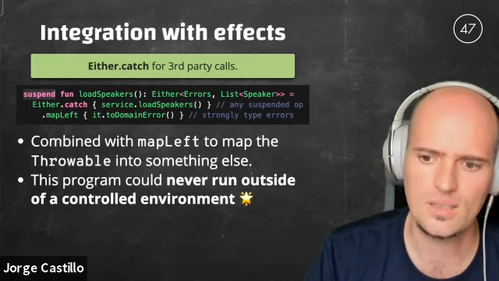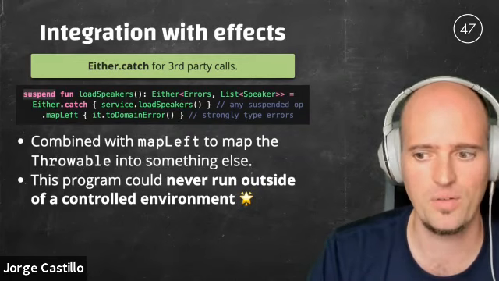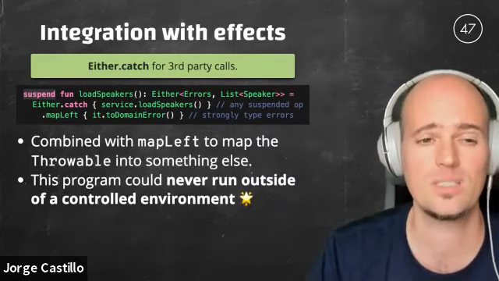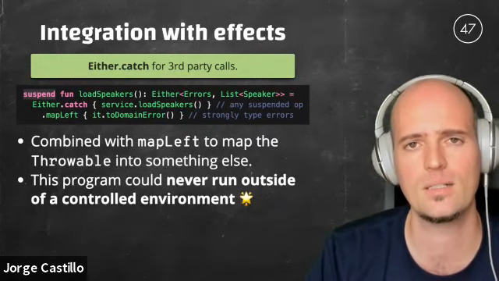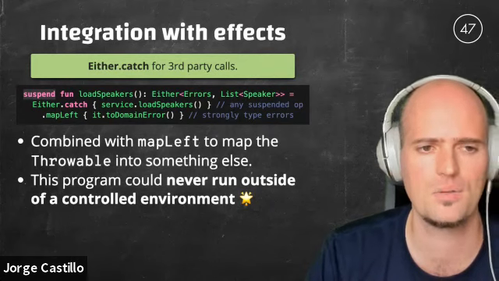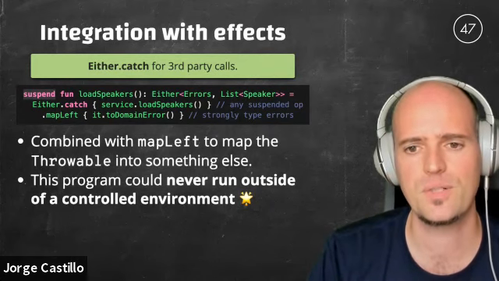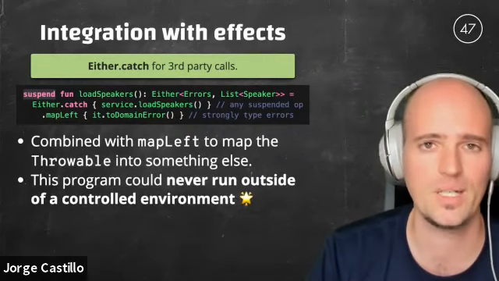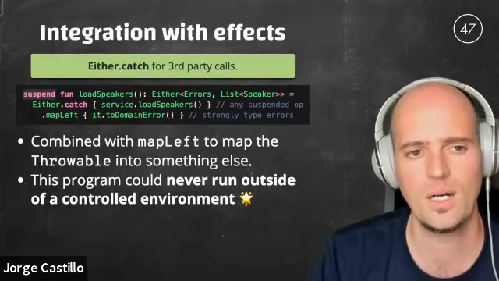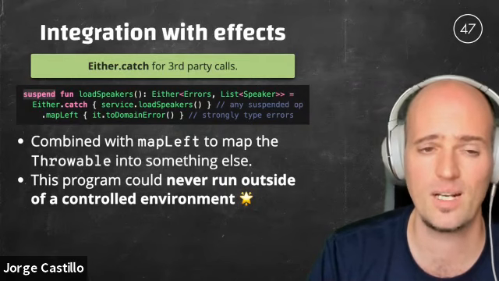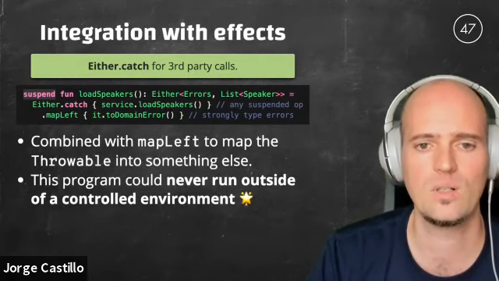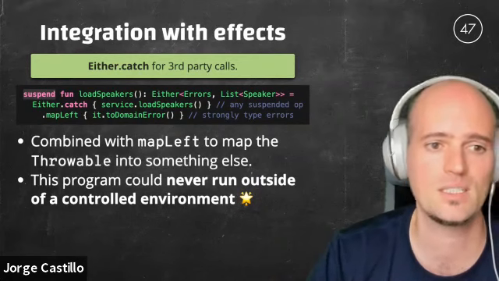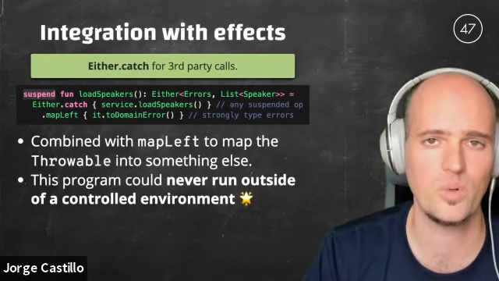There is a question in chat. Do we see in other FP languages the same preference of using Either instead of Option? No, this is something that we find only in Kotlin, and particularly in Arrow, because Kotlin has this first class support for nullability that you can't find in other languages. So if you are thinking of Scala or Java or other languages that don't have the nullability concept as a first class citizen, those are providing Option